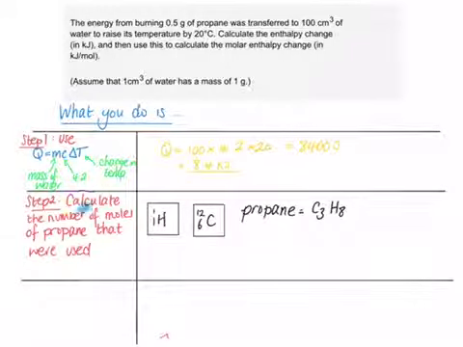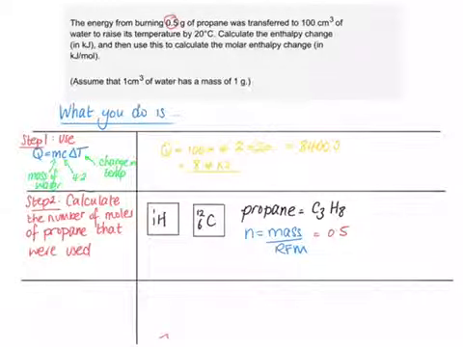In the next step, we need to calculate the number of moles of propane that we used. The number of moles is the mass that we used divided by the relative formula mass. The mass that we used we get from the question, and it is 0.5. The relative formula mass of propane is all of the elements in propane added up by their relative atomic mass. So the RFM of propane